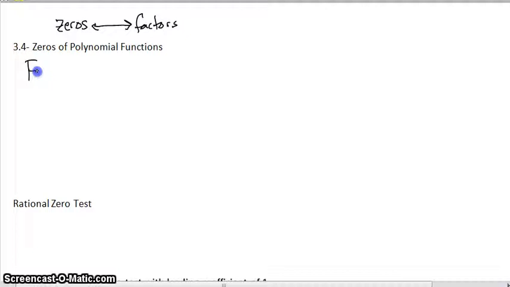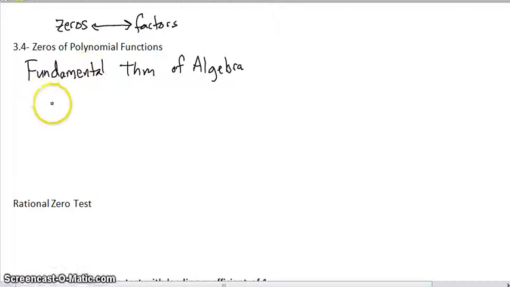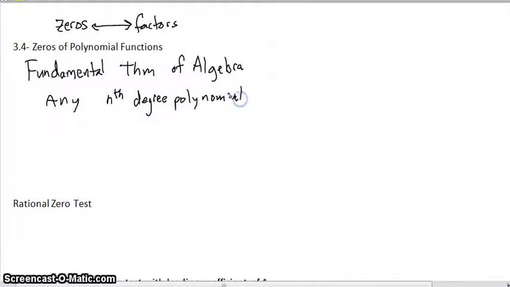But I want to start with talking about what's called the fundamental theorem of algebra. And what the fundamental theorem of algebra boils down to is that if you have any nth degree polynomial, doesn't matter what it looks like, there's two things that we can say about it. It has n solutions,